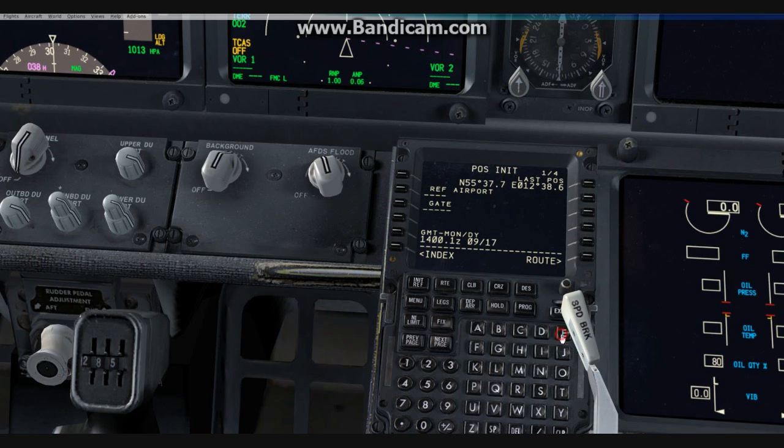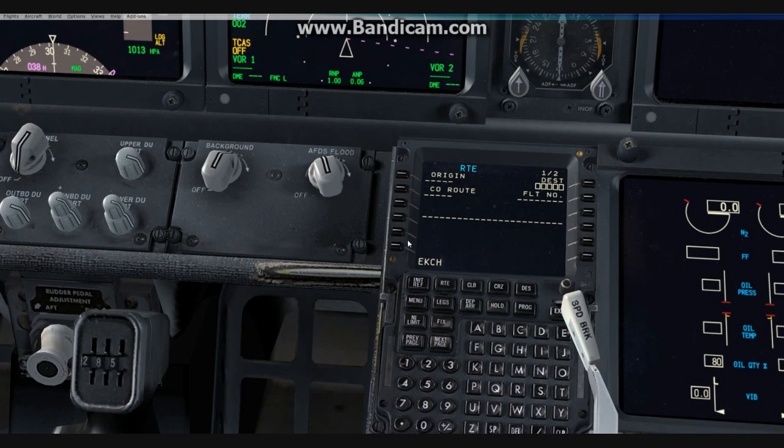So where we are, Echo Kilo Charlie Hotel. We don't need to put in the gate number. We go to route. You can see the Echo Kilo Charlie Hotel is already in the scratch pad. Just gonna press here to paste it in the origin, and where we are going, we're going to Arlanda. The flight number, we don't need to put in the flight number, but just for fun we can press in Delta Yankee 3640,